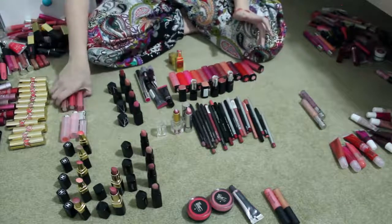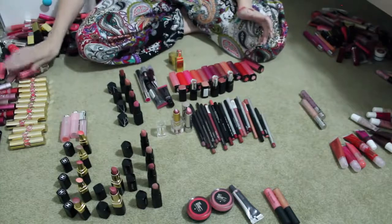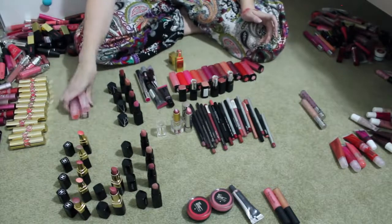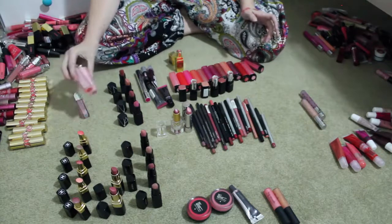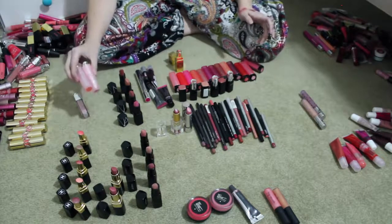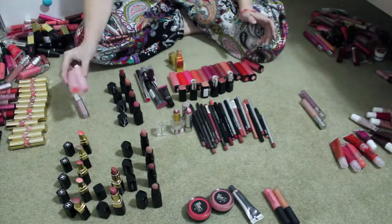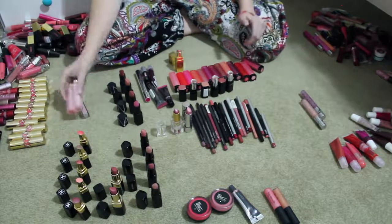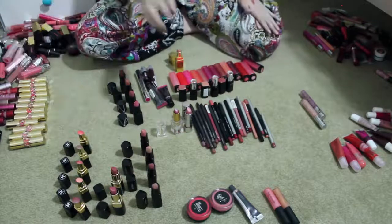Then we have the Dior glosses. I'm going to keep those as well, so I'll put those aside. The Dior Lip Maximizer and the two kind of colour changey ones. These are the only colour change products that I'm going to keep because I feel like they do a pretty legitimate job, whereas some of the other ones really don't. So I'm going to keep those. These two